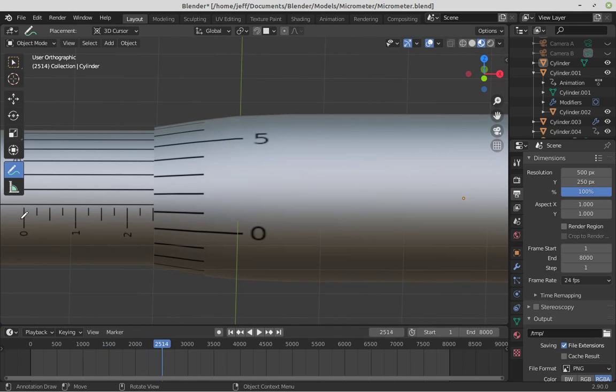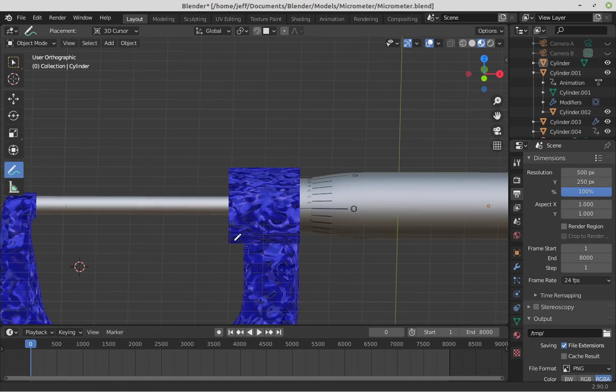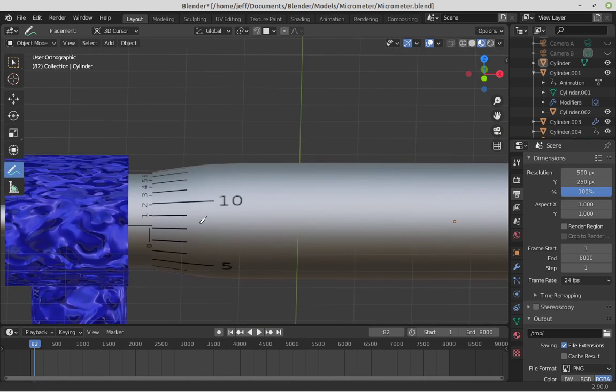But this is 0 inches. This is when they're touching. If I was to scoot it all the way over that direction, then you can see it's closed, and as I start to spin it, the gap opens up here. Alright, so in any case,